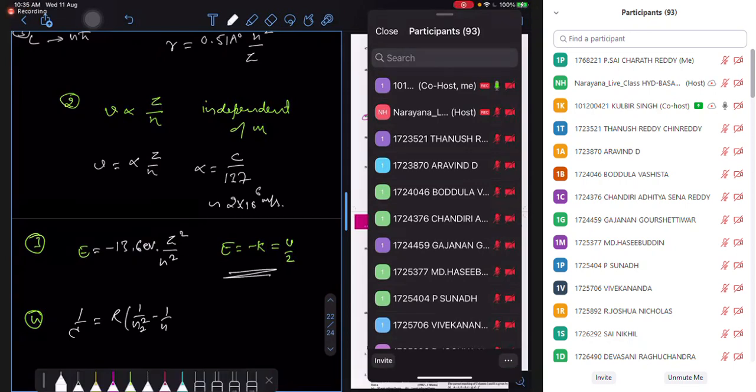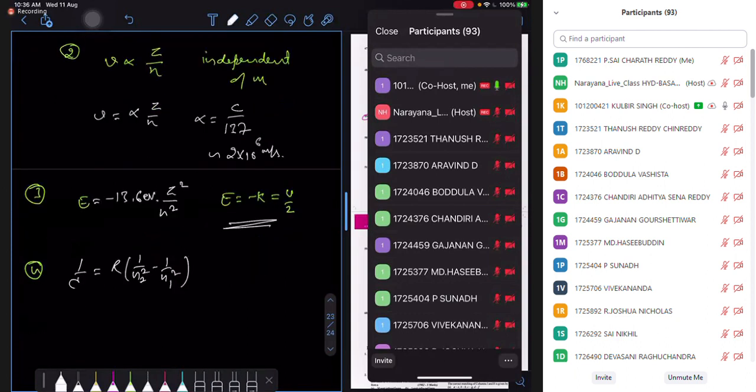We are going from N1 to N2. The transition term is this. In this transition term, R is my Rydberg constant. The Rydberg constant is this. It's a value you can remember, and it is going to be something around